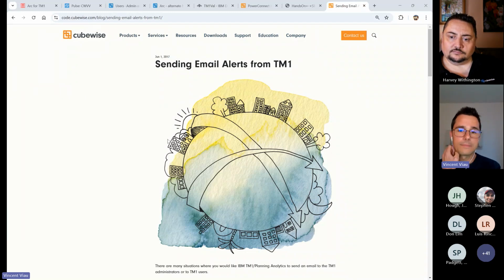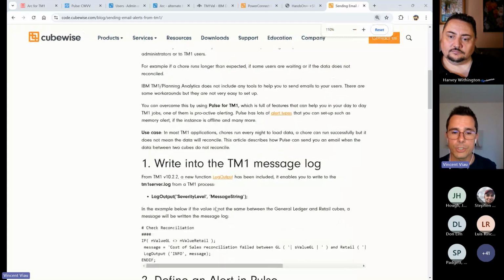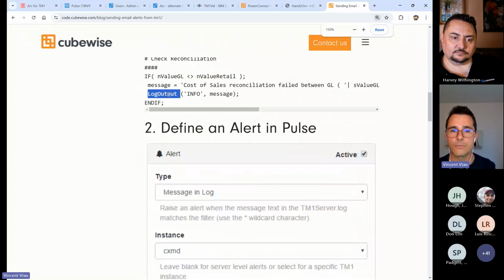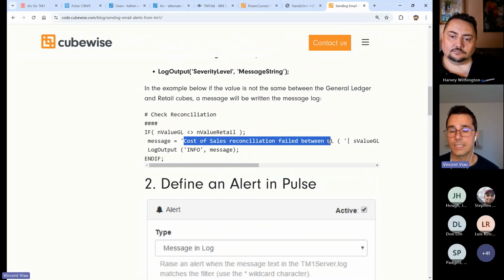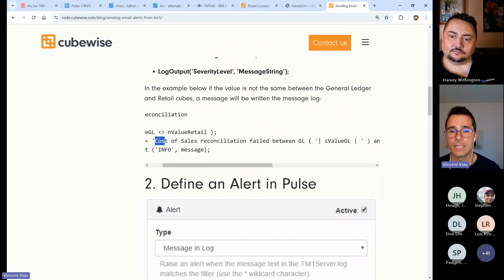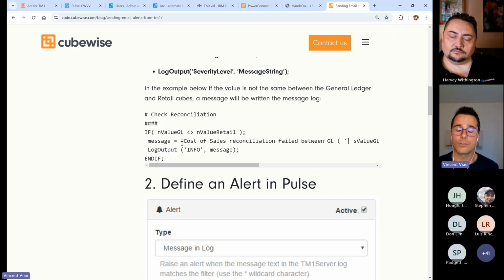case. So you can, the log output function, I don't know if you're aware of it, but it's a Tier 1 function, which is very powerful because you can send any message that you want inside the Tier 1 server.log file. For example, after, in the epilogue of a process that is loading the data from cube A to cube B, here between general ledger and retail, you can compare the values in the epilogue with the cell get n. And then if the value does not reconcile, you can then put a message in the message log with the